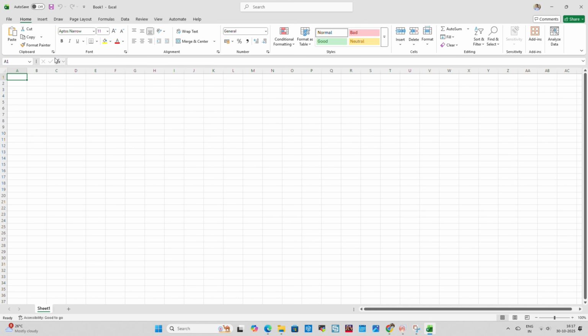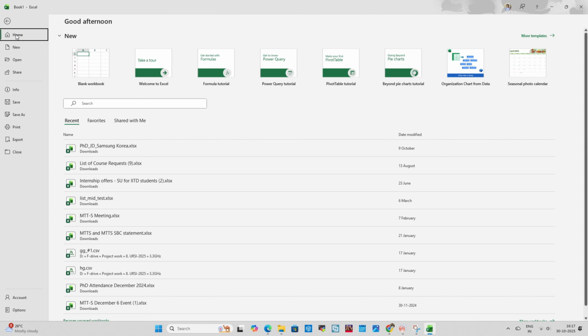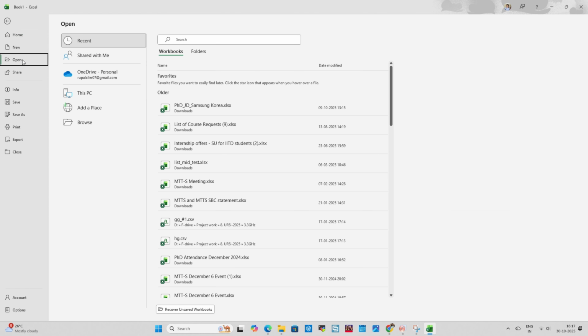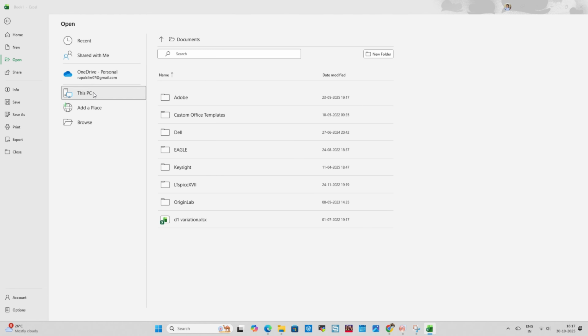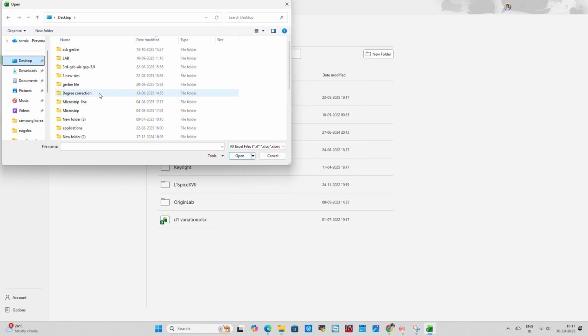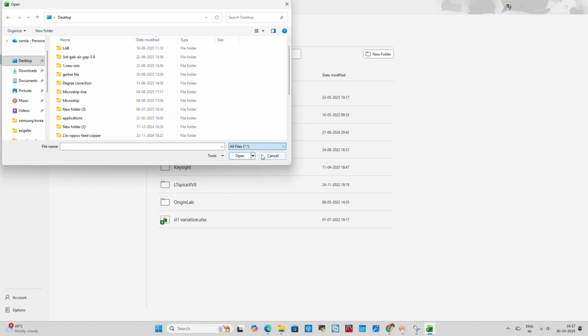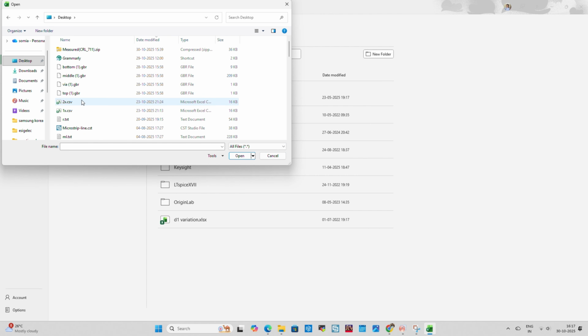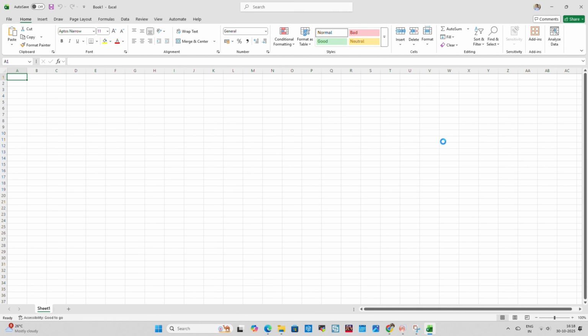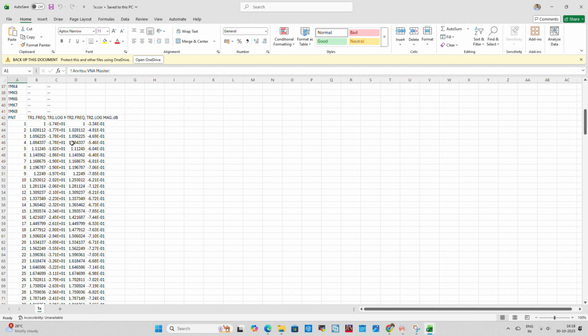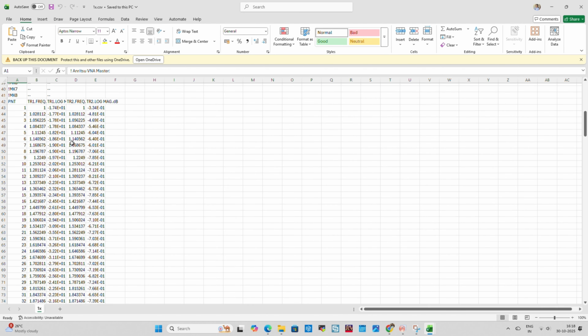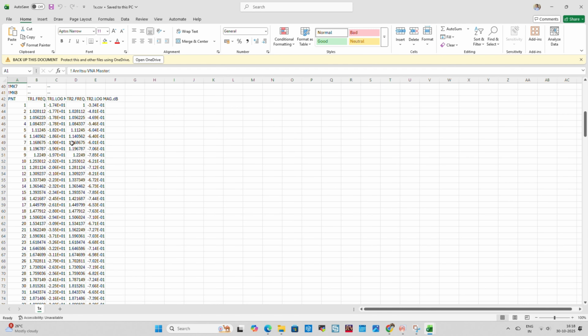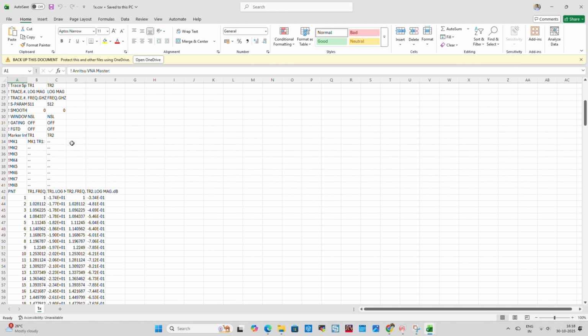So here firstly I will open the data into the Excel sheet. So I've started a new sheet in the Excel and I will open both the files 1 and 2 into the Excel sheet. So firstly I will select the data from the desktop for first file one by one. Select all files to get the Excel sheet CSV file. So I have opened the first file. So here you can see there are 4 columns, while in the Origin there were only 2 columns.